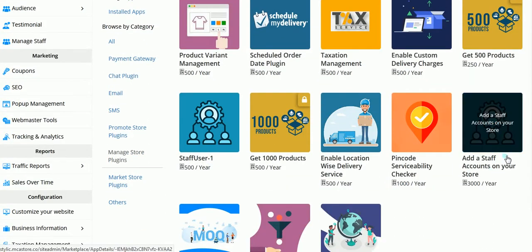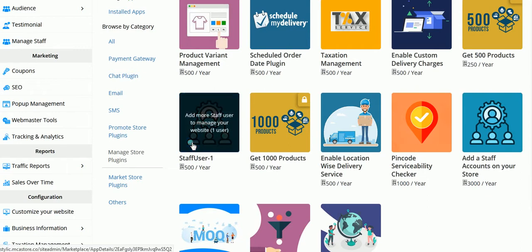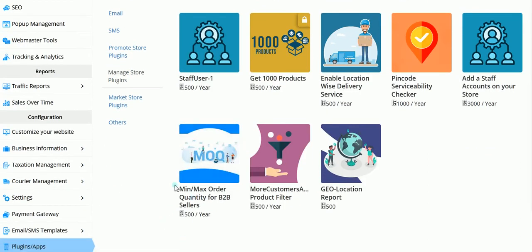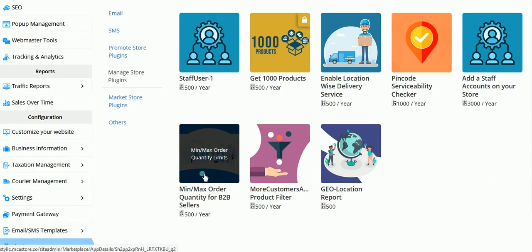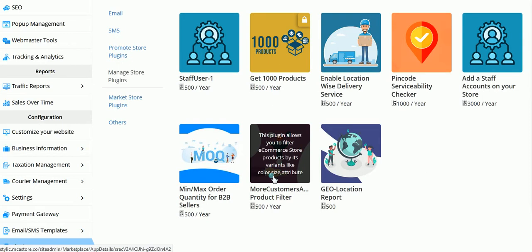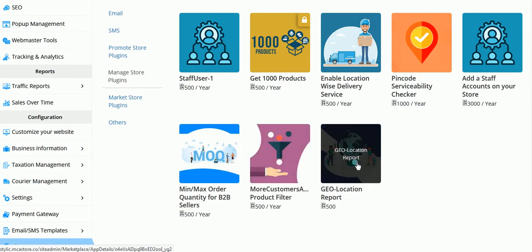If you are purchasing this one, you will get the feature enabled, but if you want to add a staff user, you have to purchase this one also. Another one is minimum and maximum order quantity for B2B sellers, which can be purchased from here. Product filtration, that can be purchased. Geolocation report, which we have already seen, can be purchased from here.